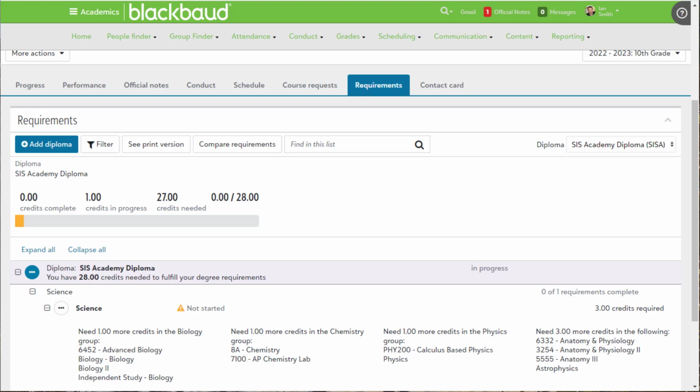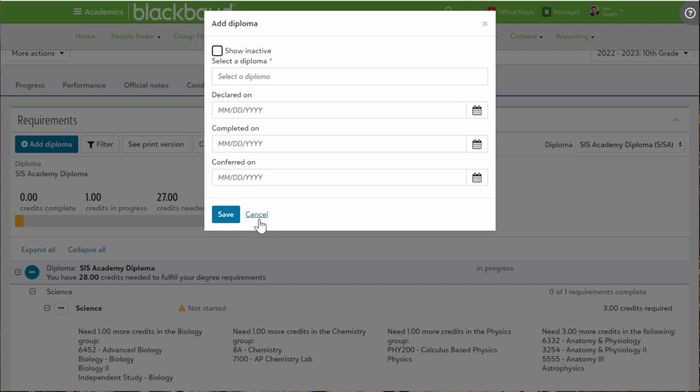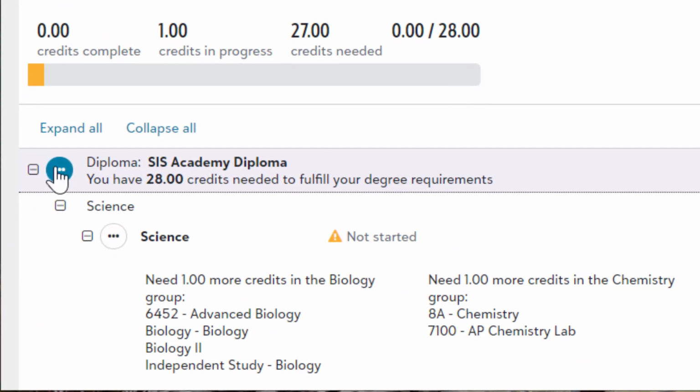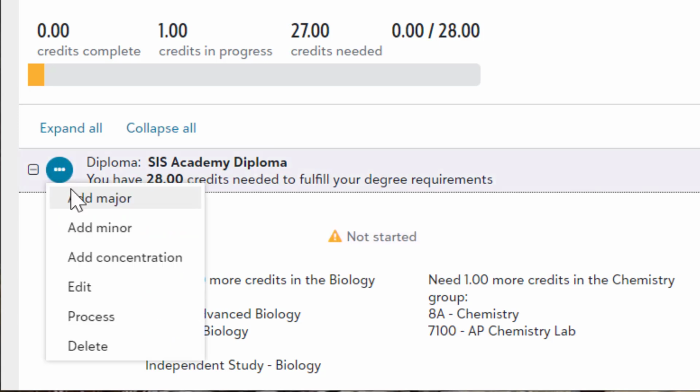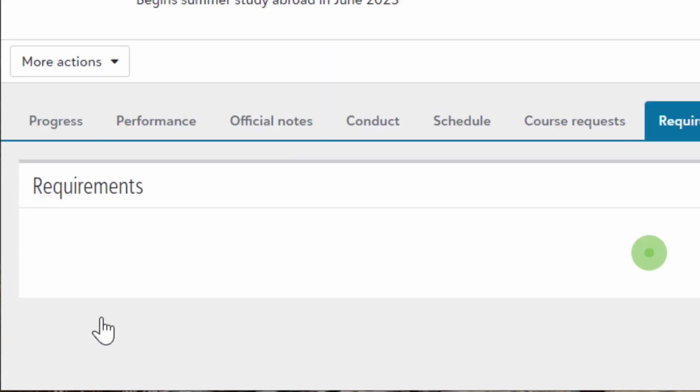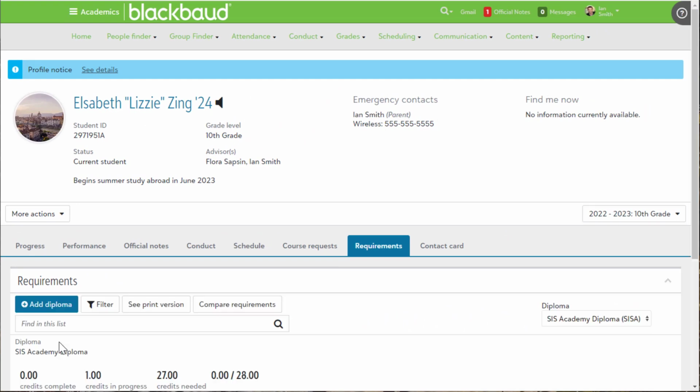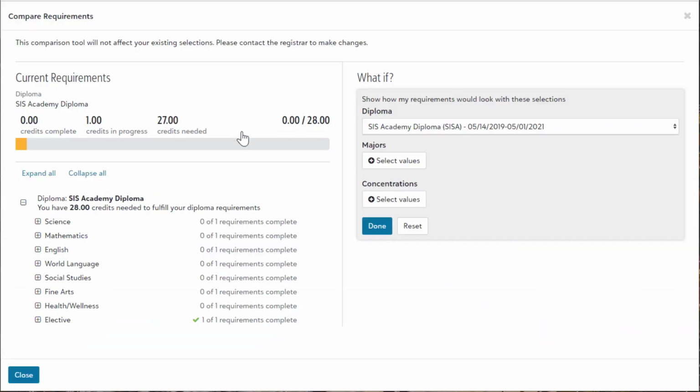Finally, if your school has enabled the Diplomas or Degrees feature, the Requirements tab is available to a student, the student's advisor, and anyone with the Diploma or Degree Manager role. This is where you can set a student on a diploma or degree track, change a student's major, minor, and concentration, waive, exempt, or substitute credits, and process a student's grades and credits toward their requirements. You can also use the Compare Requirements tool to visualize a student's progress and remaining requirements when considering